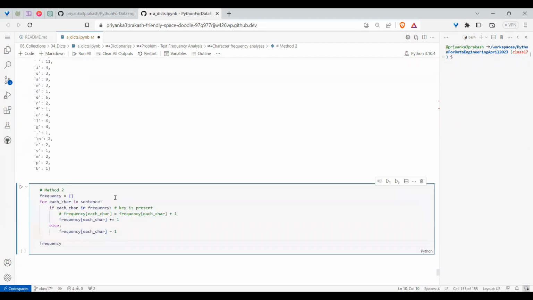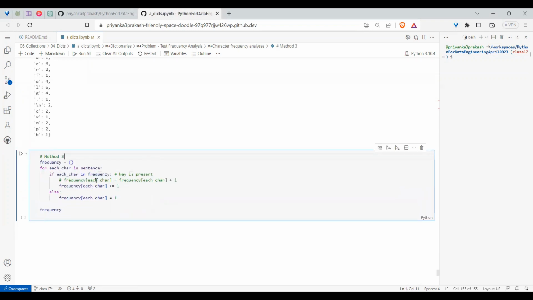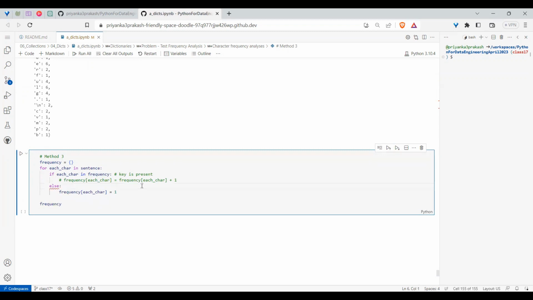So for that, we can go for the next method called method 3. Here, what I will do is check whether the value already exists or not. Why is our problem coming? Mainly because whenever you want to increment, we need to get the existing value. That is where the problem is coming. So to address it better, what I will do is